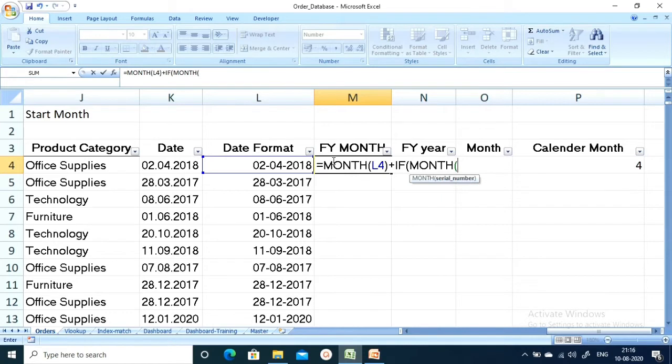If month is greater than 3, meaning above March, then whatever the month is, I need to subtract 3. Else, if month is less than or equal to 3, then it should add 9.